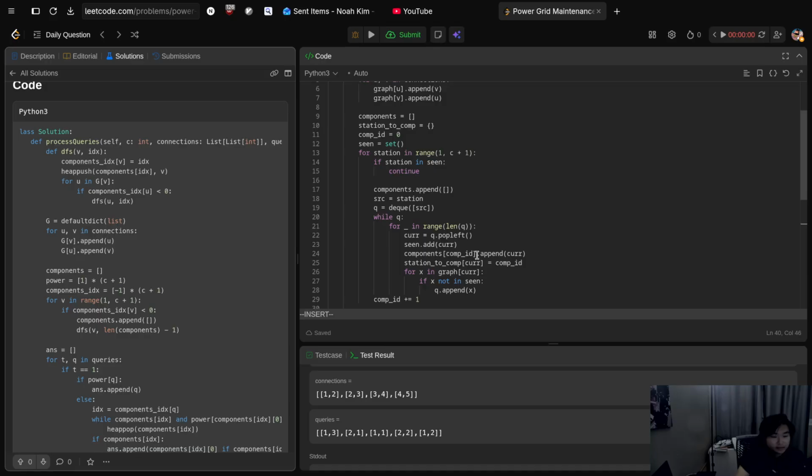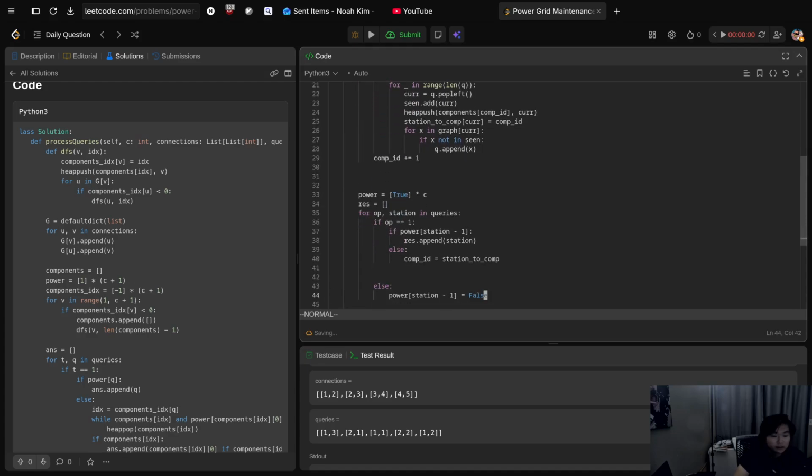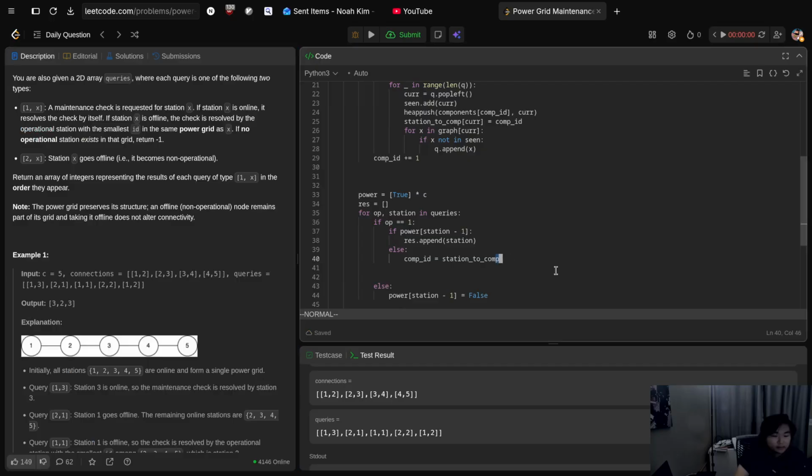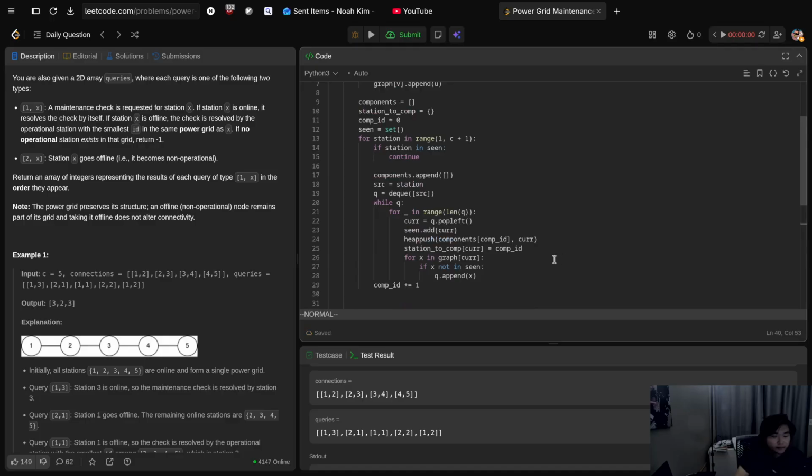Actually, he actually pushes it as a heap. That's actually really nice. Heap push, right? That and the value itself. Very nice. Okay. So then the station ID. Okay, now I know what to do. So comp ID, station comp, station to comp, which is gonna be the station. Yeah, and